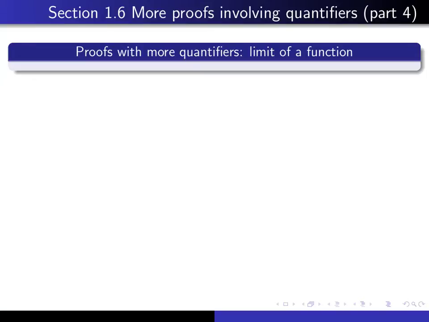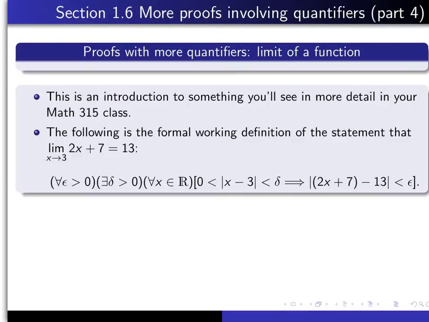This is part 4 in our series of lectures on section 1.6. In this lecture we're going to consider proofs involving a more complicated array of quantifiers, and we're going to illustrate it by looking at an example involving the limit of a function. I'm hoping that this can serve as an introduction to something that you'll see in more detail in your advanced calculus class, Math 315. So here you have the formal working definition of the statement that the limit of 2x